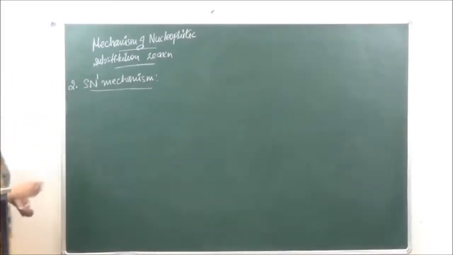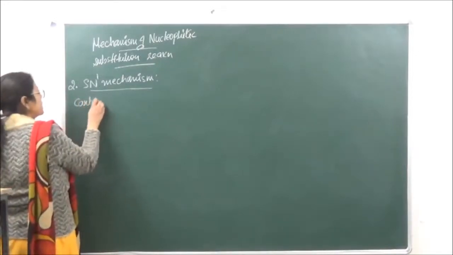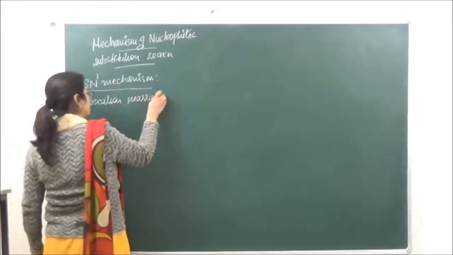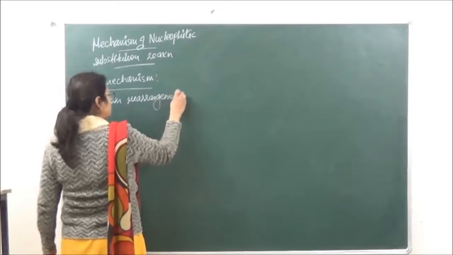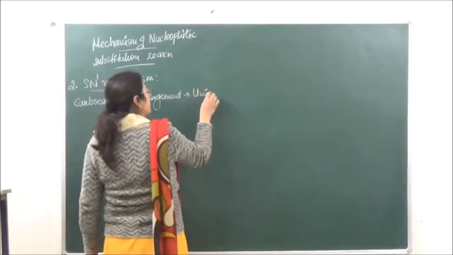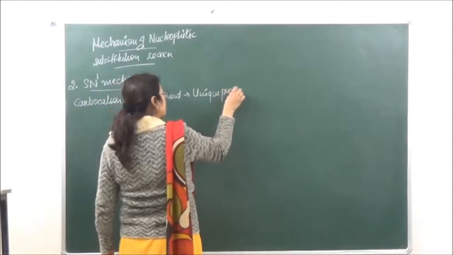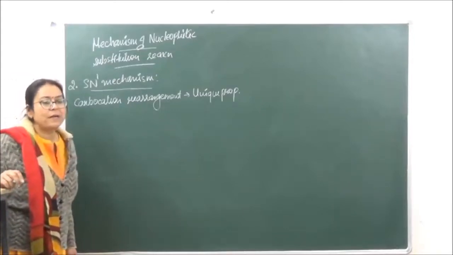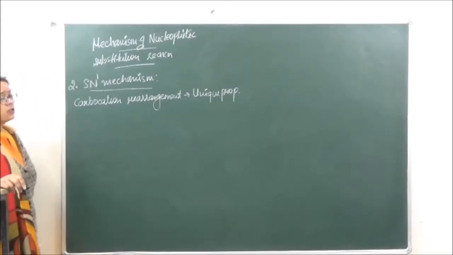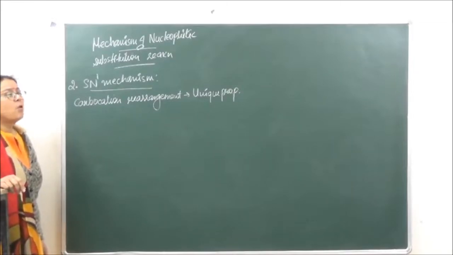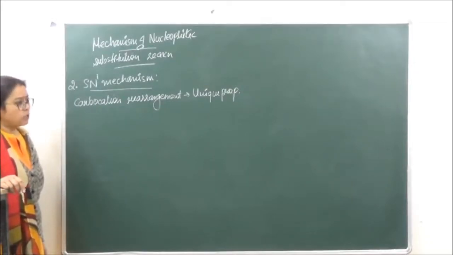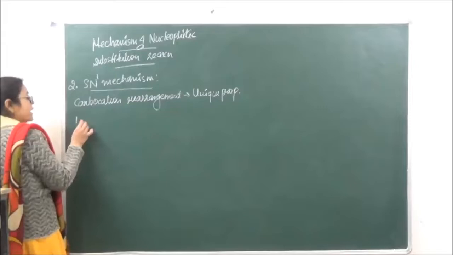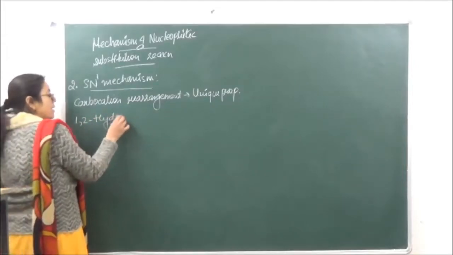Okay, so we are talking of carbocation rearrangement. A unique property. This is very important with respect to your competitions because they give you a reaction and they'll ask you what is going to be the final product. So in that case, if it is a substitution reaction, you have to first figure out what is the most stable carbocation which is going to be formed. Okay, so we are going to do two shifts over here. The first one which we are doing is known as 1,2 hydride shift.